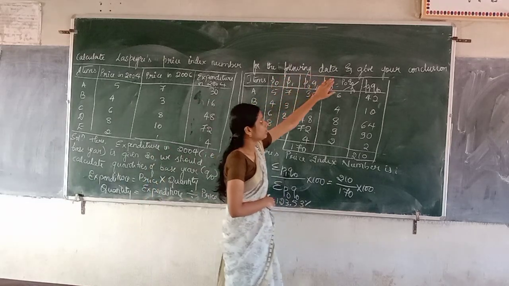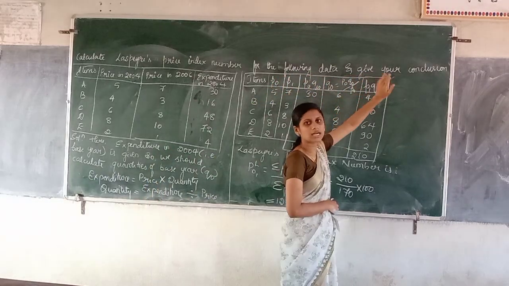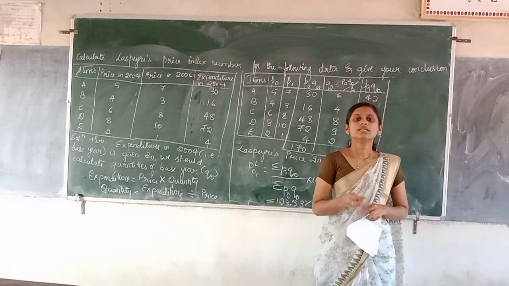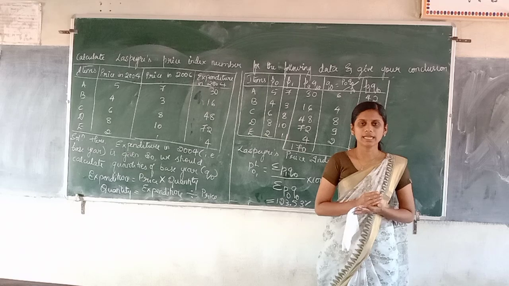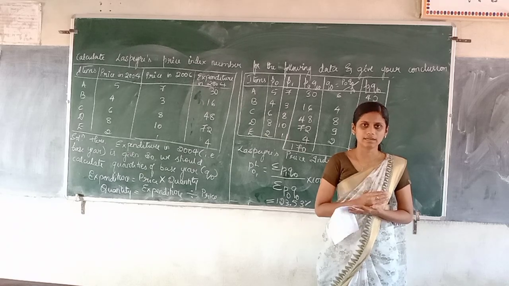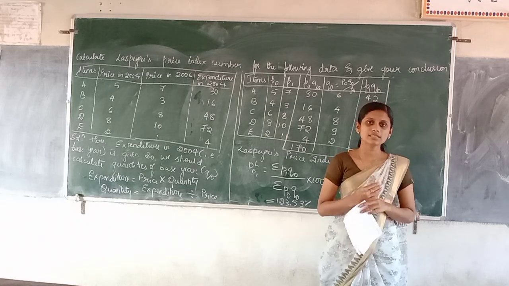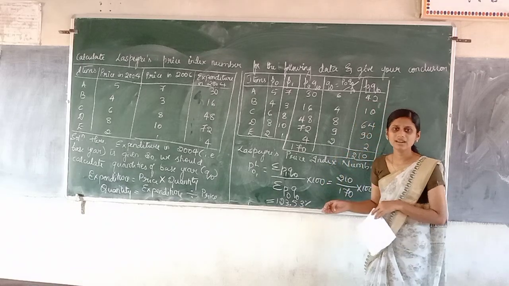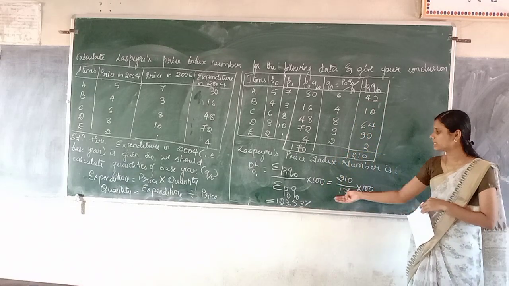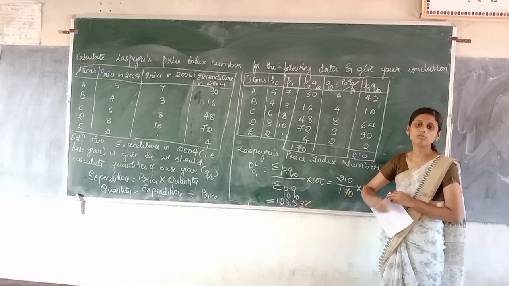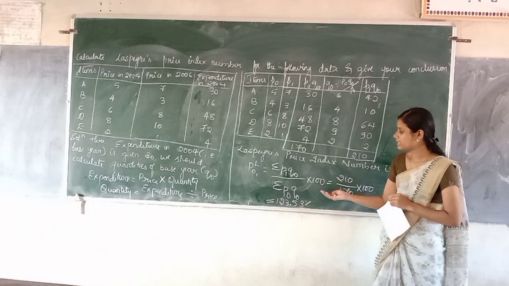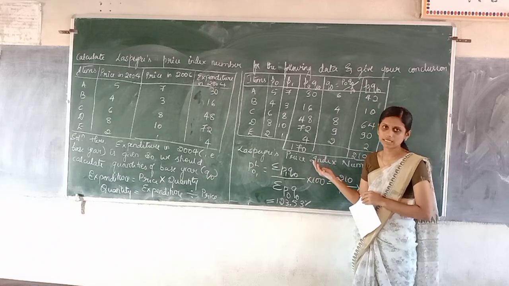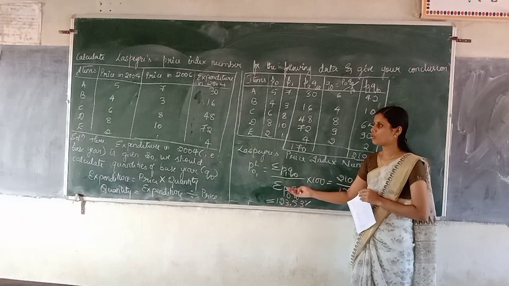After calculating, we are also asked to give the conclusion. So what conclusions are you going to give? See, if suppose the price index number that we have calculated is less than 100, then it means there is a decrease in price level from base year to current year. But here the price index number is more than 100. How much percentage is more? Base year price index number always will be 100. That I have told you in the beginning itself. So how much is it more than 100?